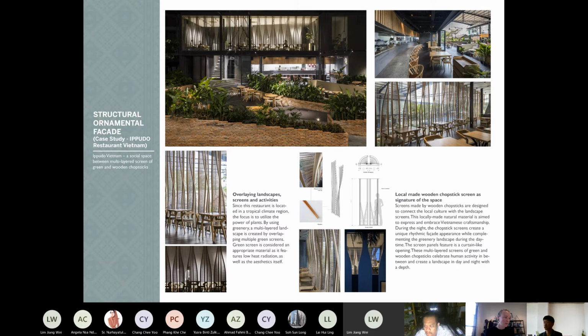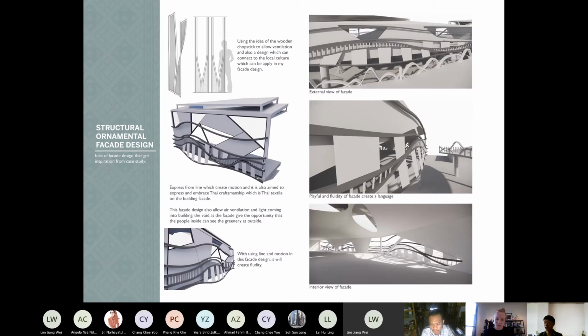And then it also plays with the wood panel to show the movement, and also plays with the line. So this is the idea that I derived from the case study to the facade design. This facade design is for safety, which covers the space, and also for ventilation. Another function of this facade is to hang the textile, so hanging the textile on the structure.